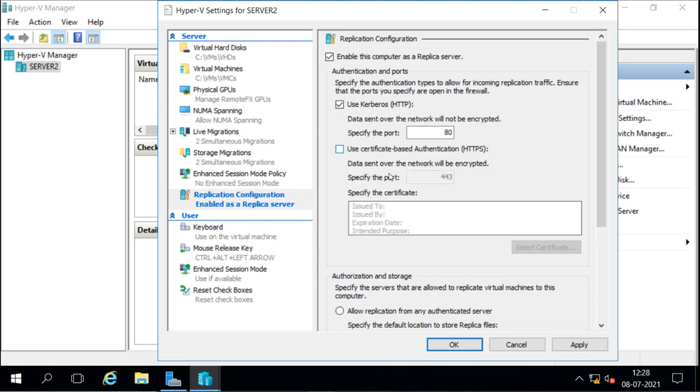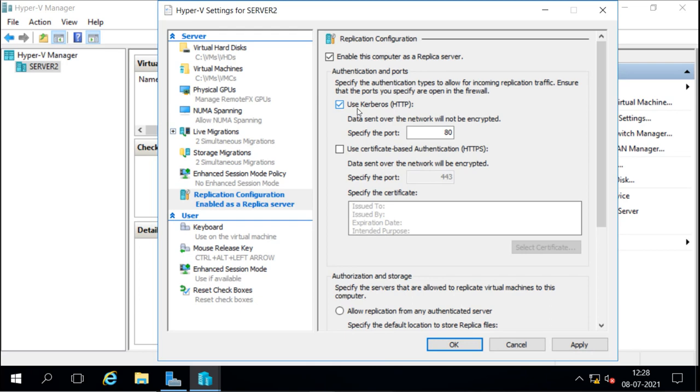But if we are using a WAN connection and creating the Hyper-V replica on a different location through the WAN connection, then we must configure HTTPS, because the data will go from one place to another place. So we must have certificates to secure the communication. But if we are doing it for the local network and we know that our network is secure, then we can go with this HTTP connection.